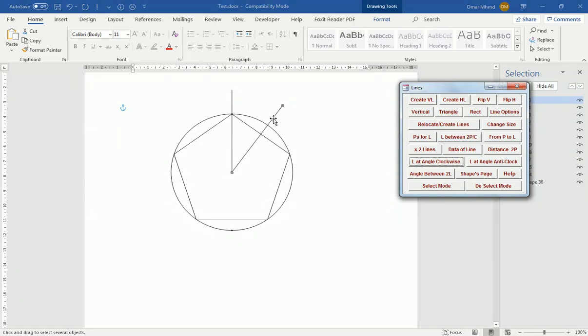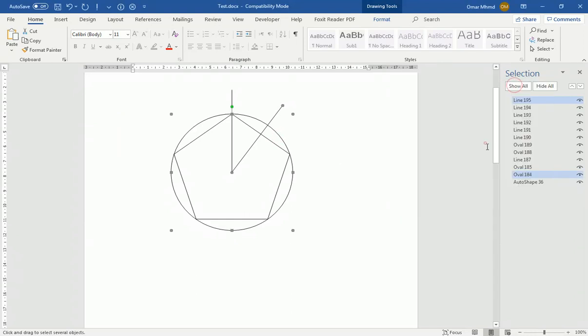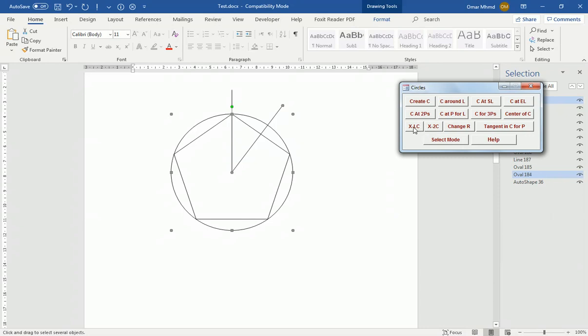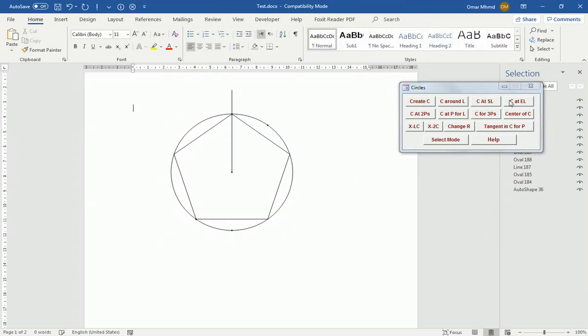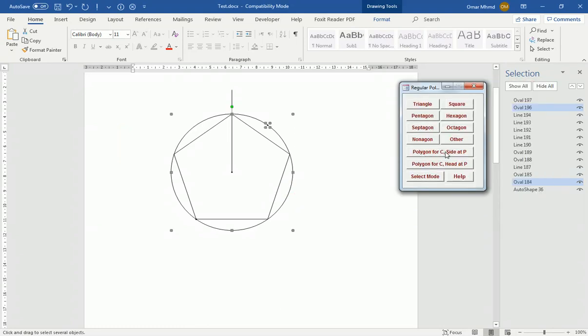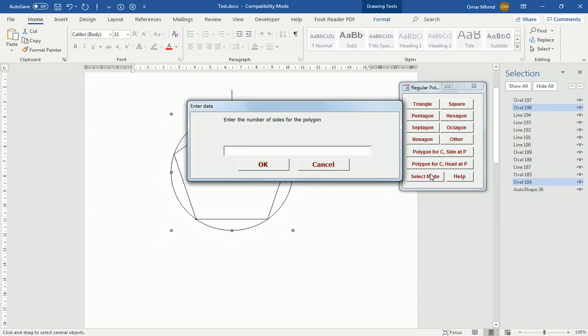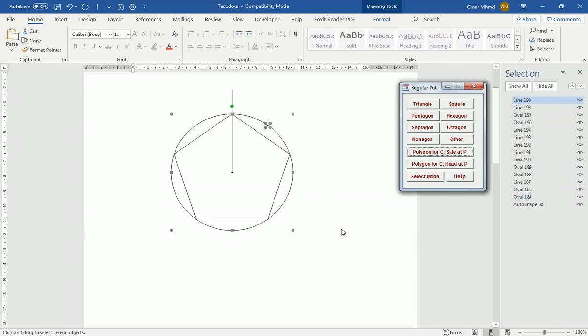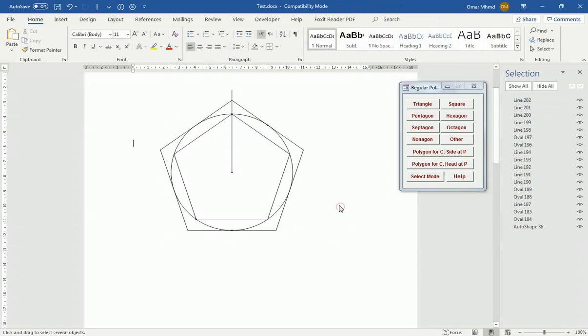It has been chosen as the last line, so I'm going to choose the circle, and I'm going to choose the intersection between the line and the circle, and this is the point. I don't need the line now. I'm going to choose the line, choose the circle, go to polygons, polygon for C, side at P, and it is 5, and this is a pentagon